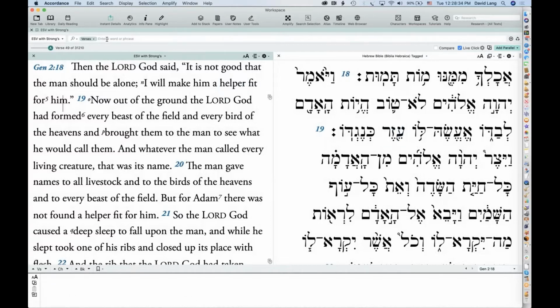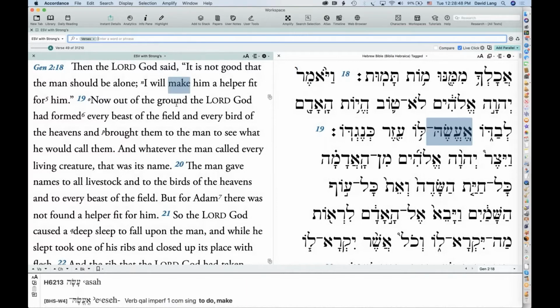So I'm going to go up to the search menu, and we've got this new command that's been added in Accordance 13 called the text command, which enables me to leverage the links between Strong's texts and Greek and Hebrew texts, and I can also use the MT-LXX parallel.